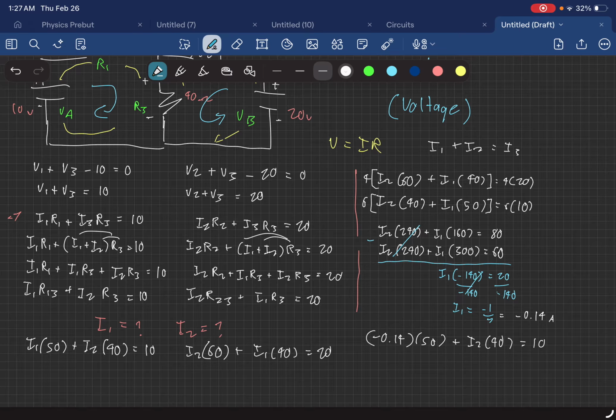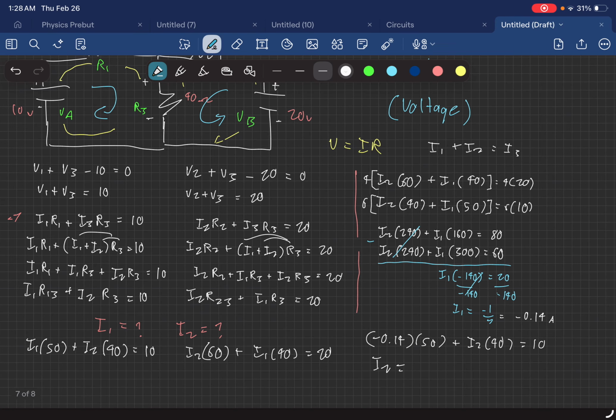So this whole thing goes to the other side, you transpose it, then divide. So I2 is equal to 10 minus negative 0.14 times 50, over 40. Alright, let's do that on our calculator. 10 minus negative 0.14 times 50, over 40. This will give you I2 is equal to